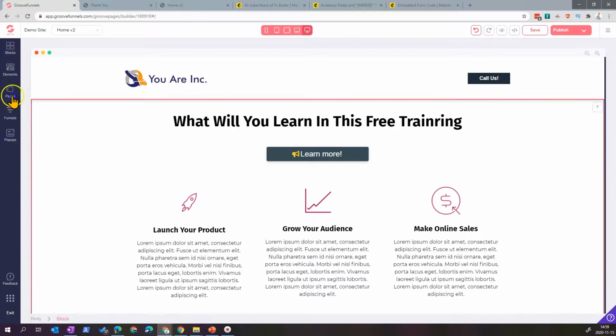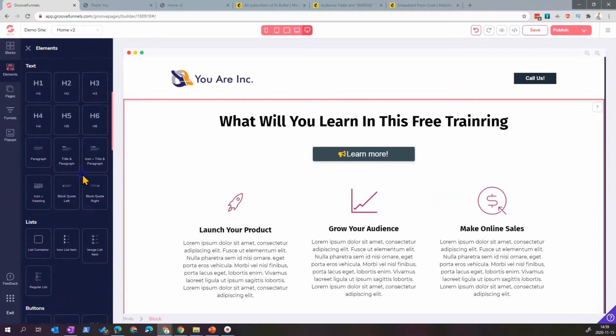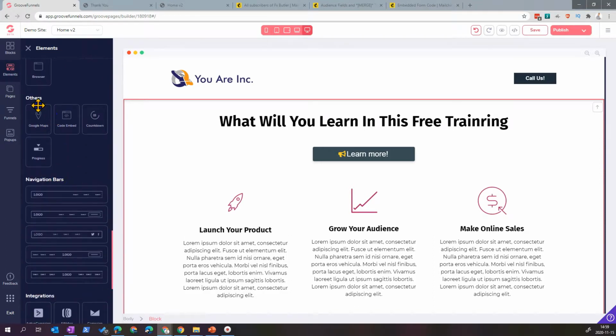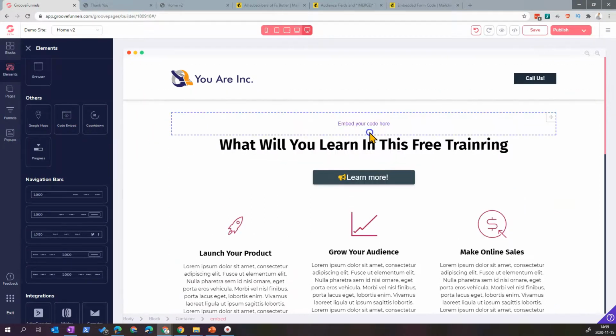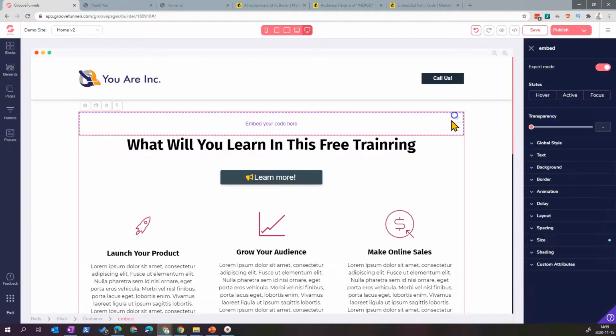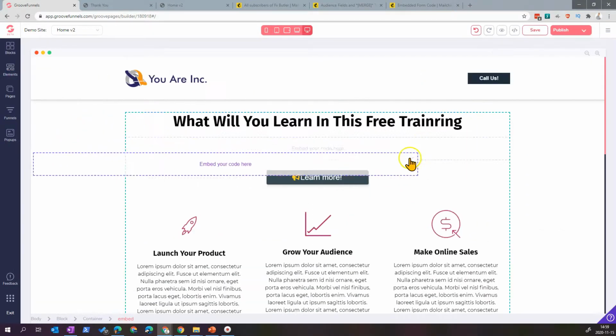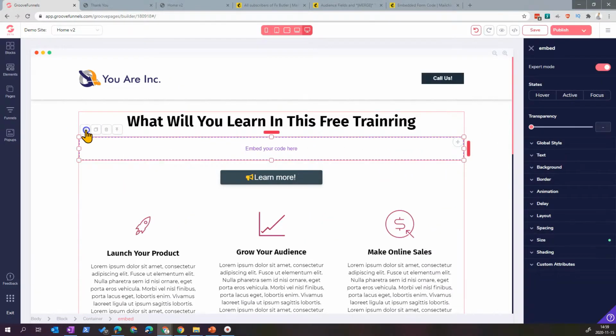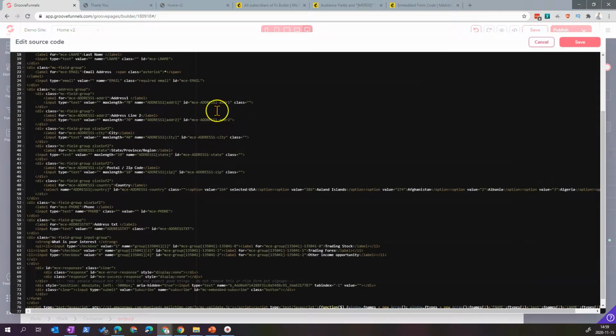To do that, you go to Element, and instead of going to the Integration section, you go to Other, and you use the component Code Embed. You can drag it here. Let it refresh. I will remove this, like that. Then I will come here and click on the wheel to paste the code that I took from the MailChimp site.